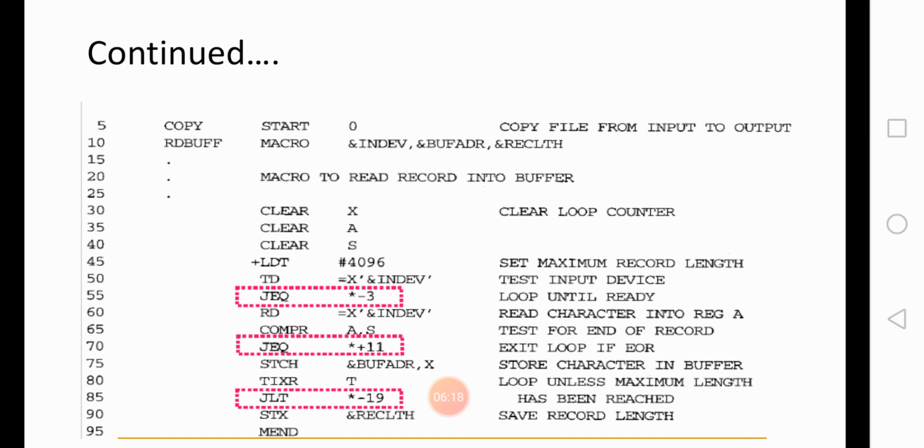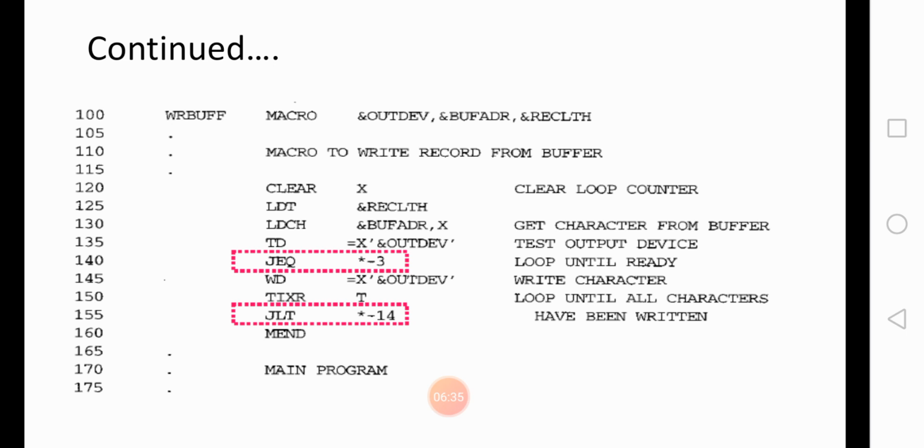Once we have constructed it, if you want to end it, obviously you call the MEND assembler directive. That is present at line number 95, that is MEND. MEND is used to end that particular sub function, read buffer. Then line number 100 to 160 belongs to write buffer. Whatever instructions we observe here are used to construct the body of the macro definition. Then to end it, obviously you call MEND. Here MEND acts as the assembler directive to end the macro definition.